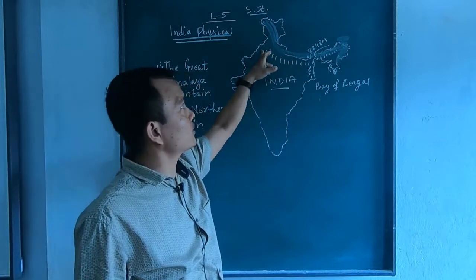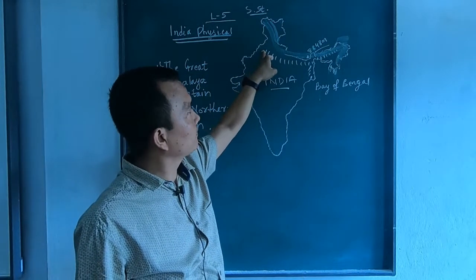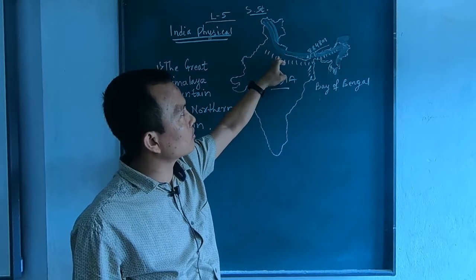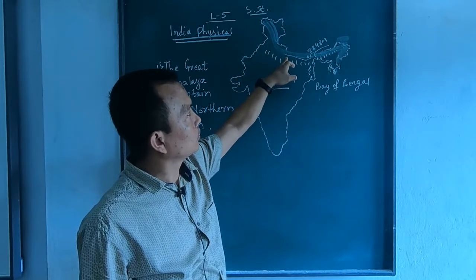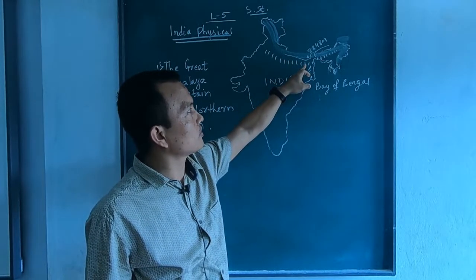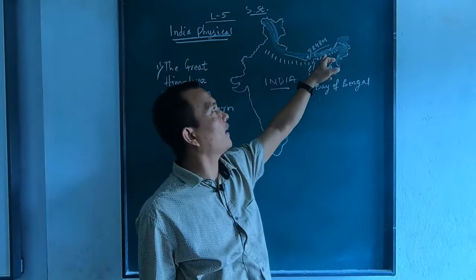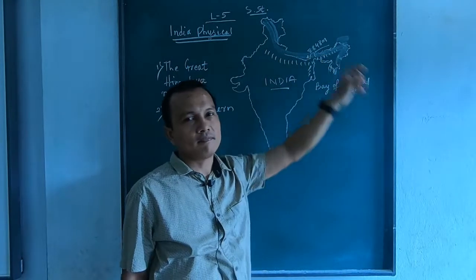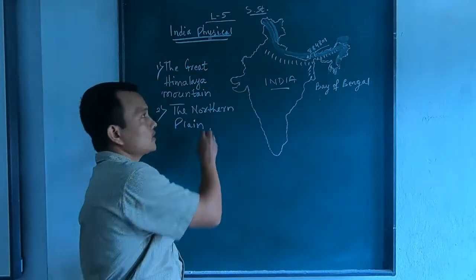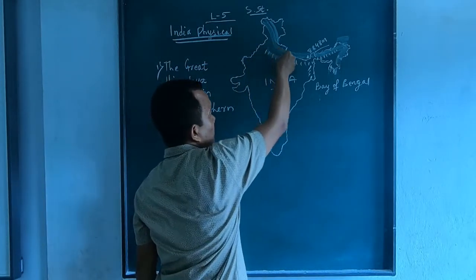In the extreme west, Punjab, comes Haryana, Delhi, some part of Uttarakhand, Uttar Pradesh, Bihar, Jharkhand, West Bengal, and Assam. Some part of Assam it covers. So these particular areas,